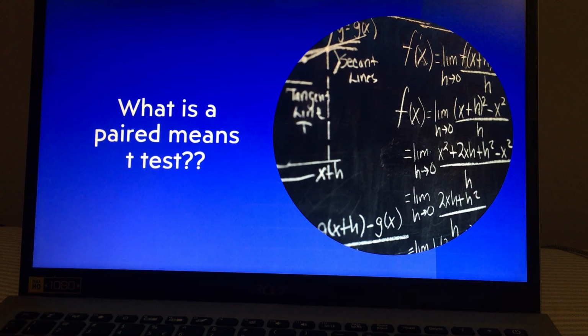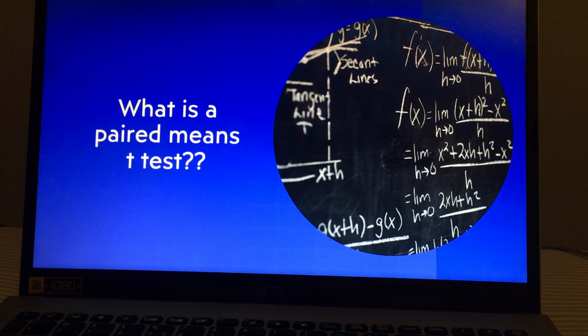Page 15, and now we're going to review the paired means t-test. What is that? So regardless of whether we're talking about the student test or the Welch test, an independent samples t-test is intended to be used in a situation where you have two samples that are, well, independent of one another. So this situation would arise naturally when your participants are assigned randomly to one of two experimental conditions, but